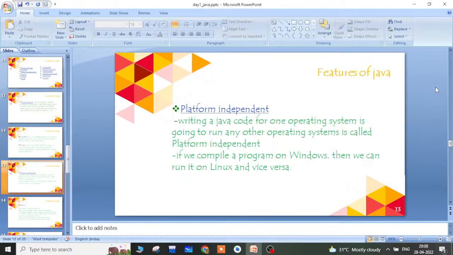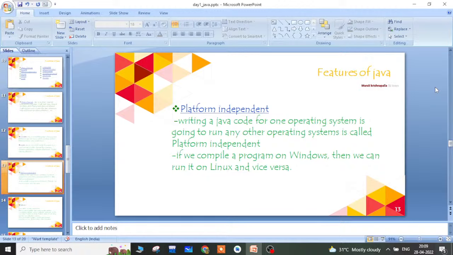And then Java is platform independent. Platform is nothing but the software or hardware where you're going to run your application. When we say Java is platform independent, you can write your code on an operating system like Windows and run it on any other operating system.